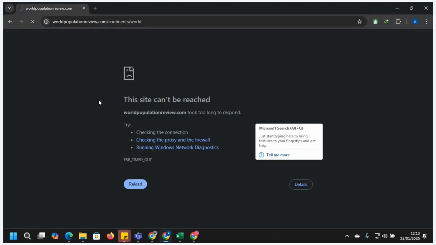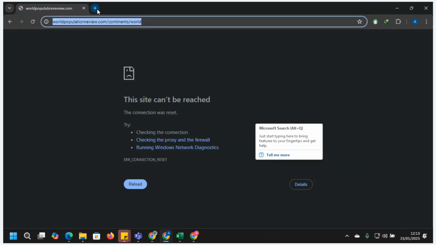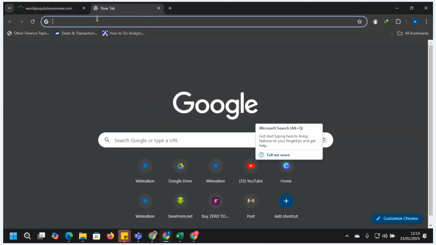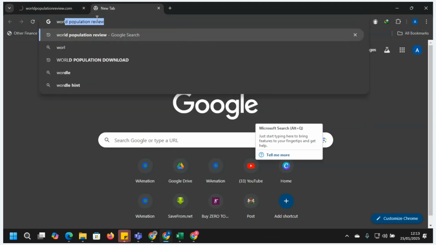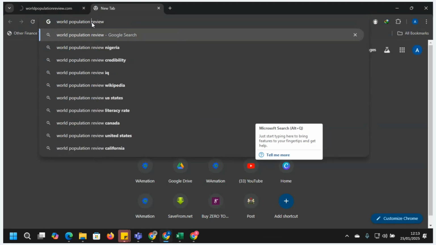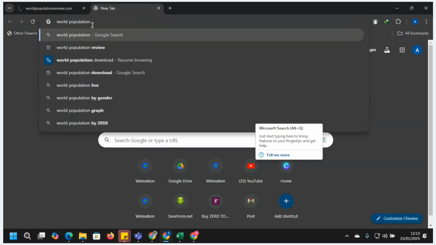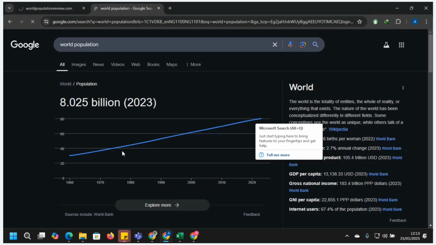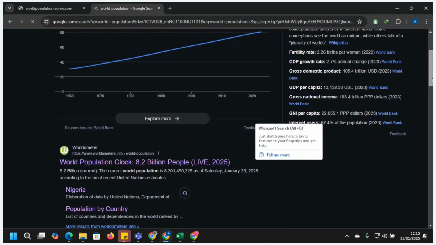So what is happening? Now loading. Again, world population. Okay, then you can get something from here. There it is, Worldometer.